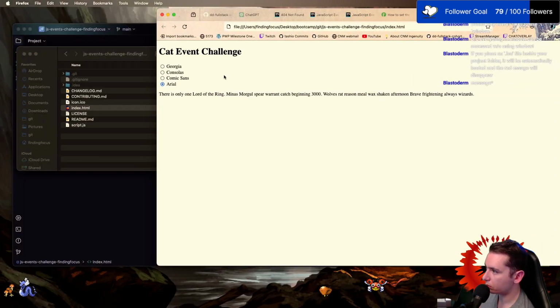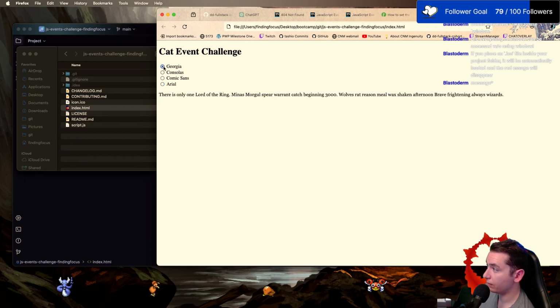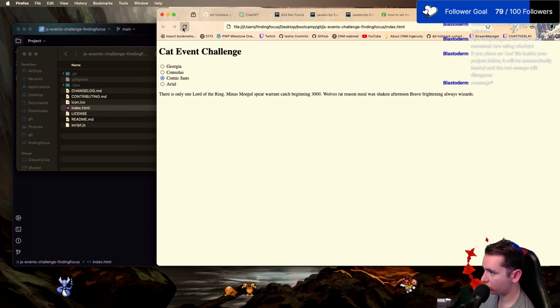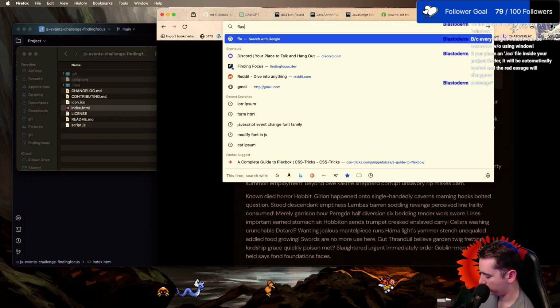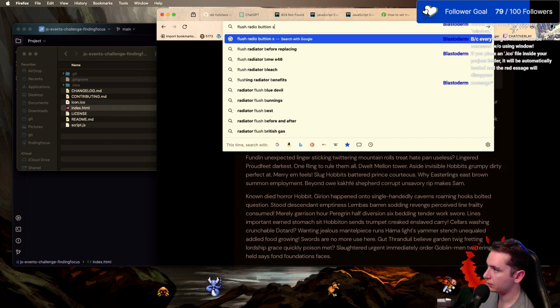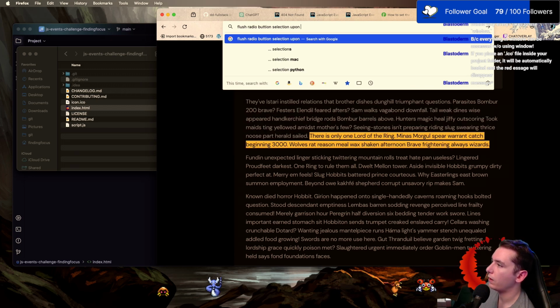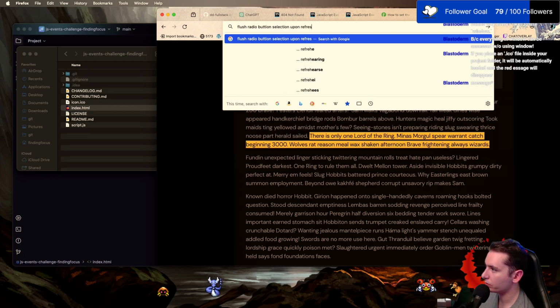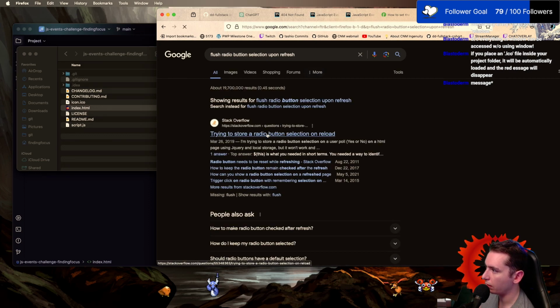So now if we click it, we're not changing the font anymore, but if we click Georgia, we're changing it. Cool. And we're not doing anything else. And I think we need a way to flush the radio button upon the refresh. I'm not sure how to do that. Let's do a little Google. Flush radio button selections upon refresh. It should have a default state, right? A default state of nothing